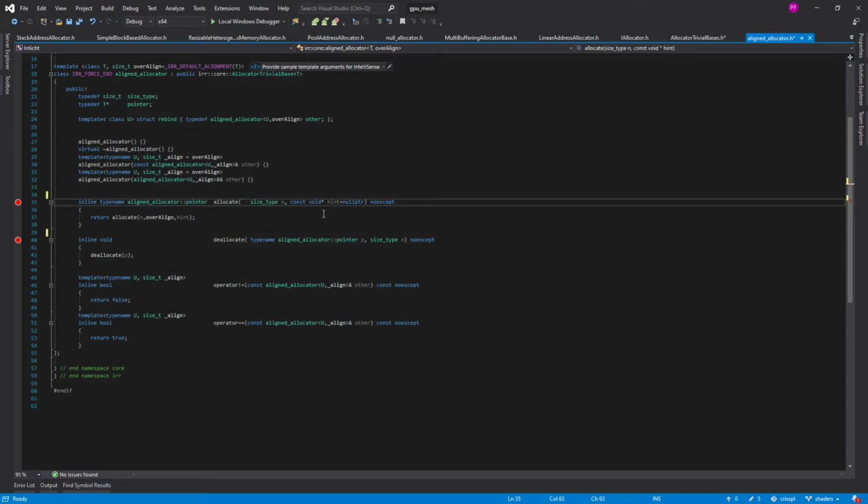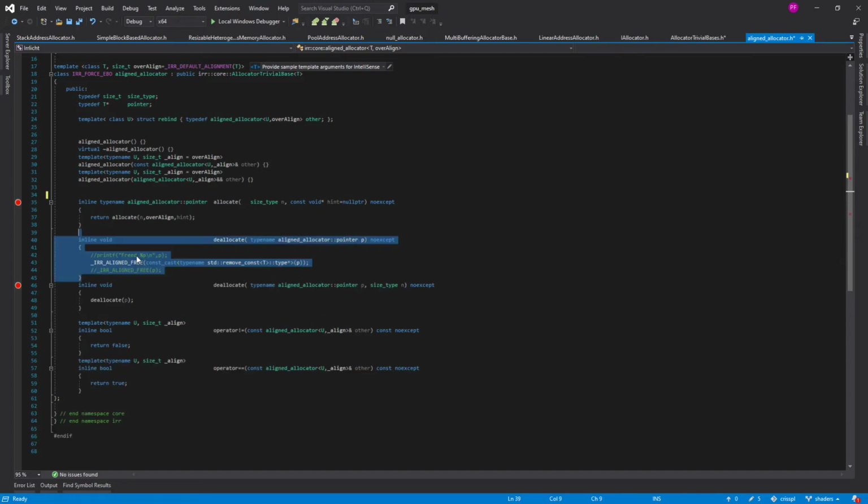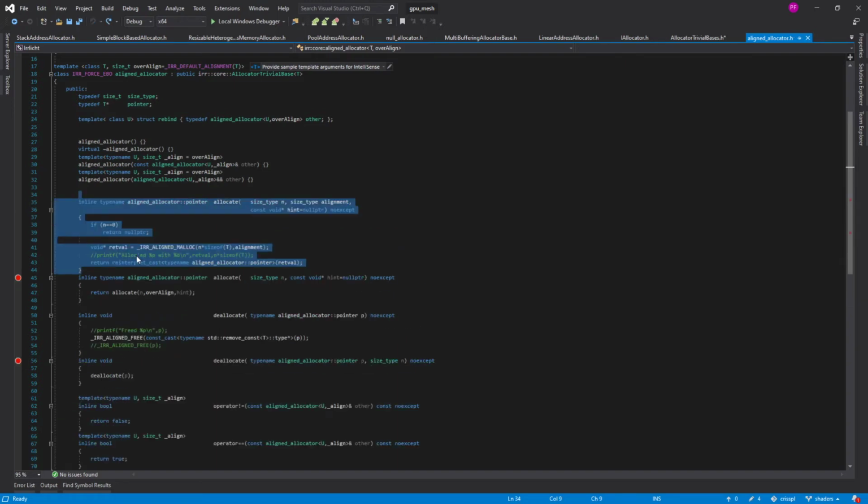So it's an allocate, how many, and a hint, which most of the time doesn't mean anything. It's a hint specific to an allocator. And the deallocate takes the pointer and the number of elements which are allocated at that pointer. And here you usually have a malloc or a global new, and here you have a free or a global delete. And that's all that your vanilla allocator does. Obviously, in your standard library, there might be